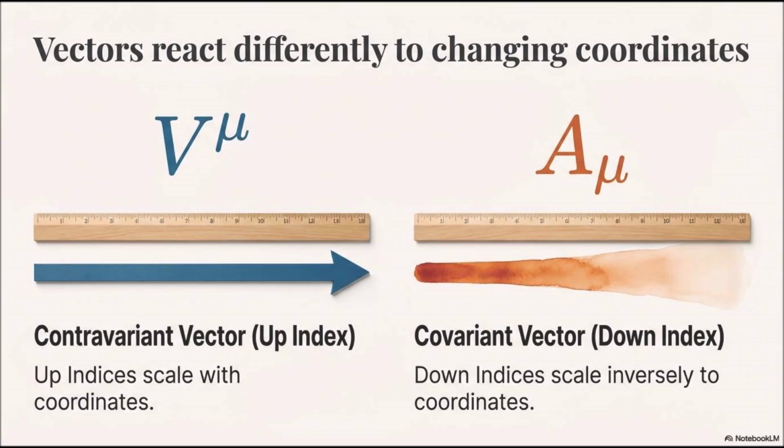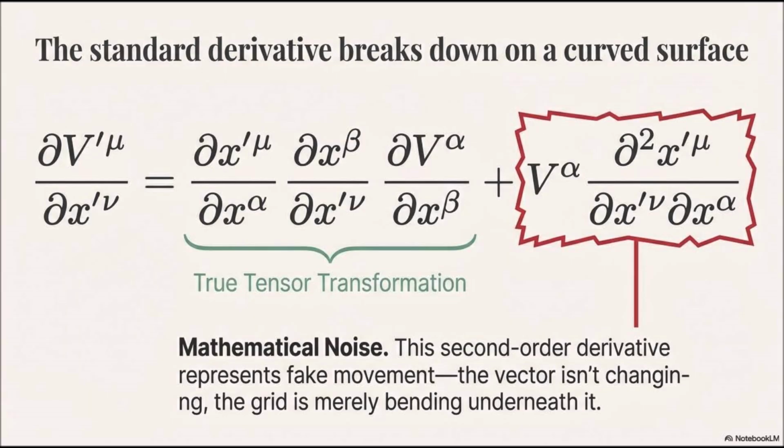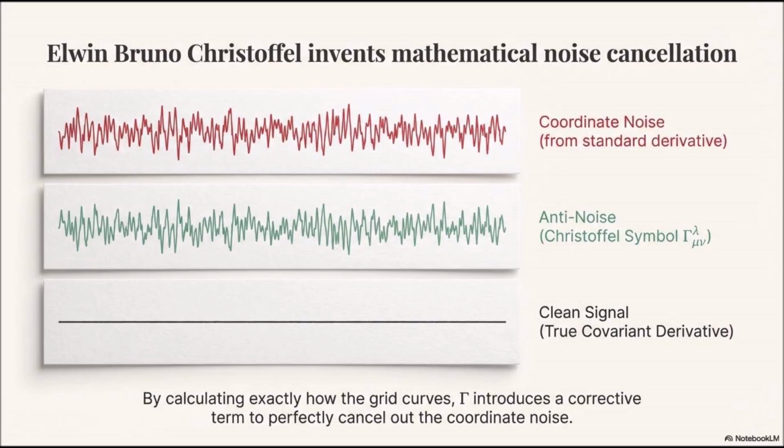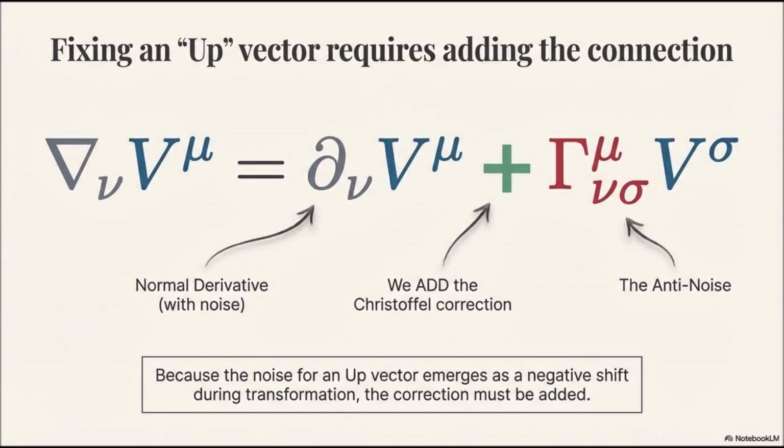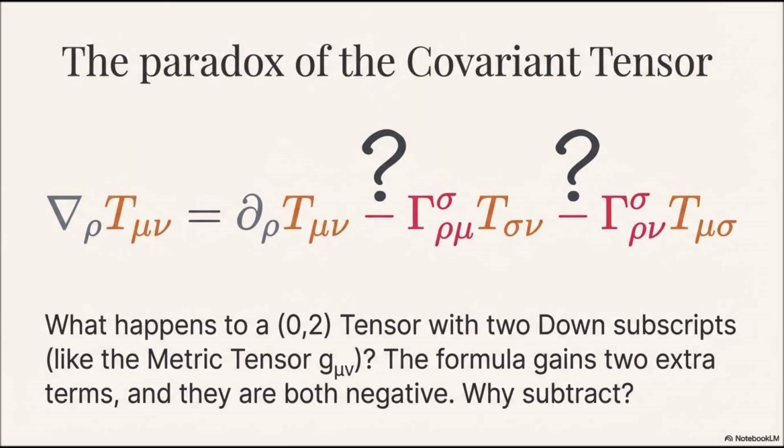We have arrived at the summit, the central mystery of the 29,000 character text. We just established that differentiating a contravariant vector, a superscript, requires adding the Christoffel symbol to cancel the noise. But the bold thesis at the very beginning stated that differentiating a covariant vector, a subscript, requires subtracting the Christoffel symbol. Why a minus sign? The text provides an epic logical proof to reveal exactly where this minus sign comes from, relying on something called